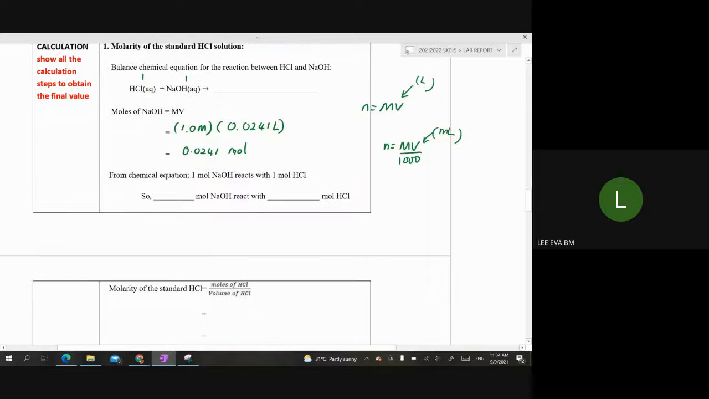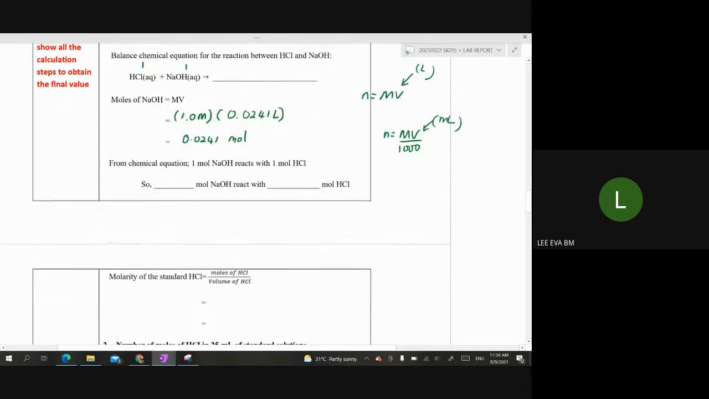Okay, so from your balanced equation, 1 mole of NaOH will react with 1 mole of HCl. So this one is a 1:1 mole ratio. Therefore, the number of moles of our NaOH is equivalent to the moles of our HCl. So we know now in your part A, the number of moles of HCl equals 0.0241 mole. After you get the number of moles, then we can know the standard concentration of our HCl in part